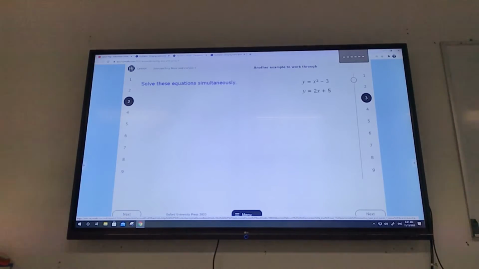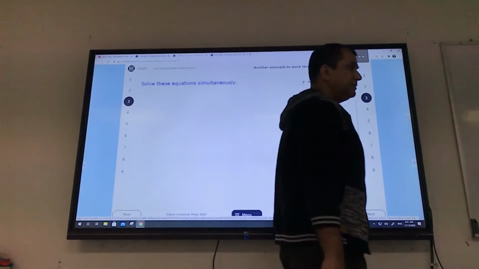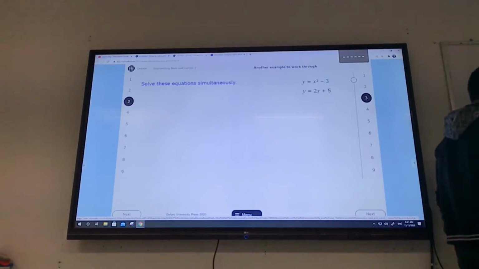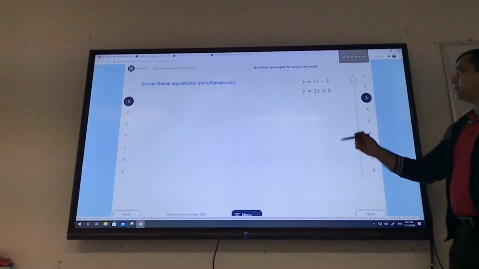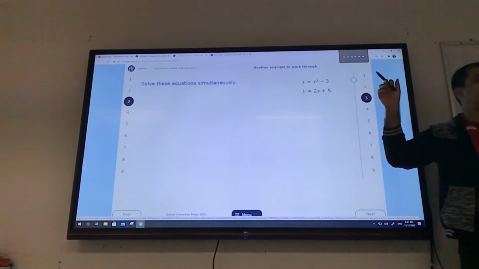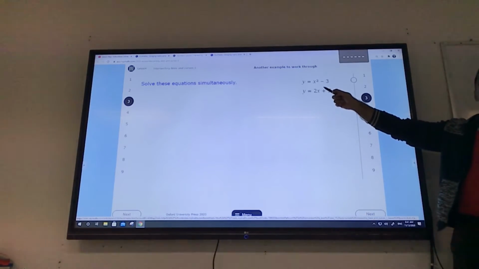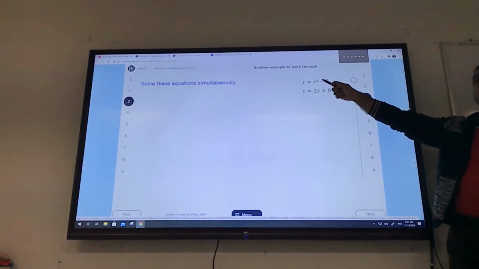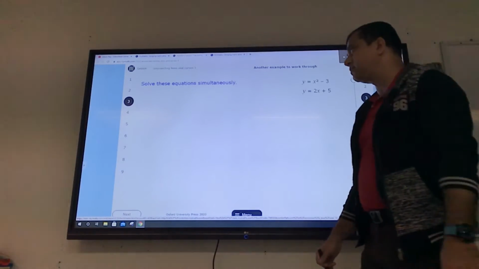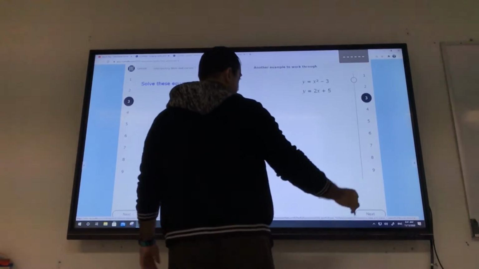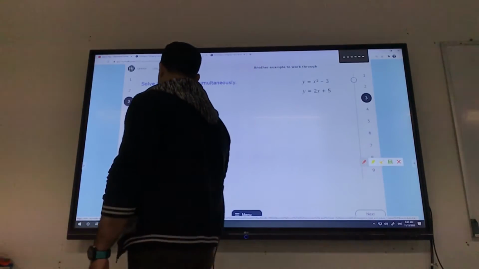Now, next step. We are solving equations simultaneously, right? When we are solving equations simultaneously, we need to look at, this is not like IGCSE. In IGCSE, we solve only linear equation, x power 1. But here we have a quadratic equation also, x power 2. So the best way is substitution method. Let's do it by our way. The best way is substitution method.